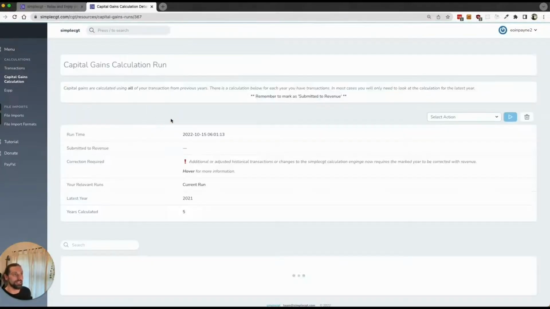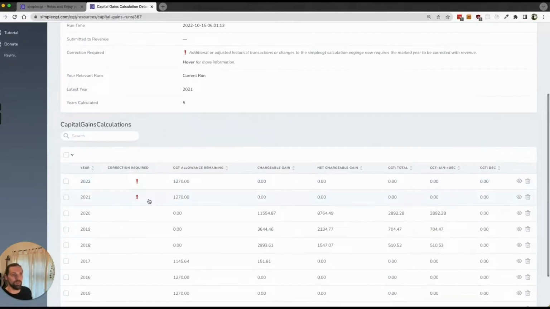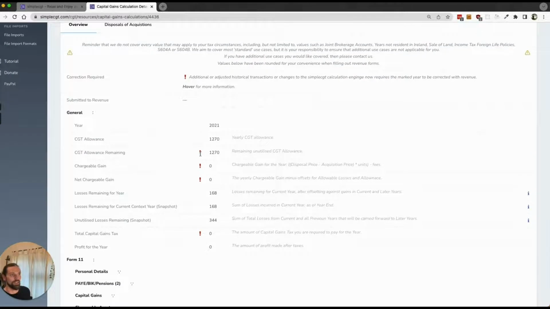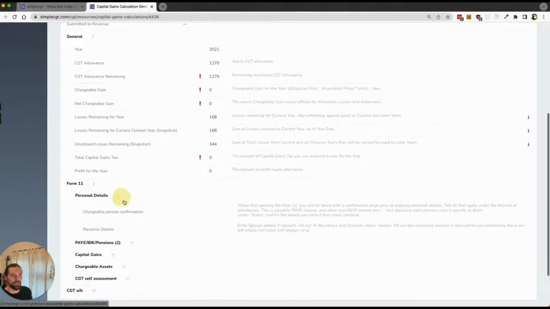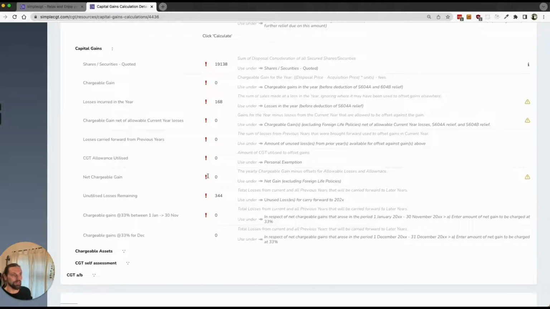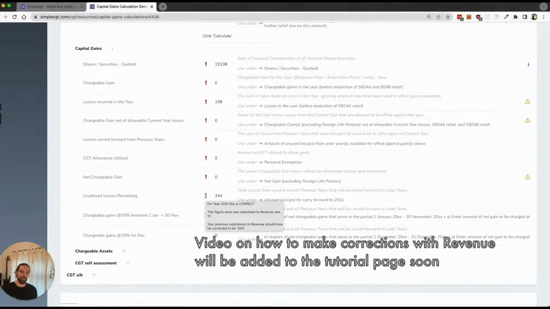As you click into each year, you can now follow which years are in need of correction from the change that I made. And as you hover over the exclamation point, it will give you a specific breakdown of what needs to be corrected and where. So you'll see as we expand which numbers have problems and what you need to do. So this is a great way to know that if there's any mistakes in your previous transactions or if there's